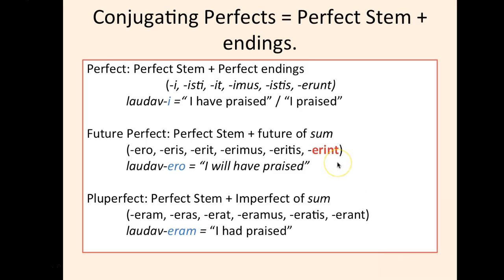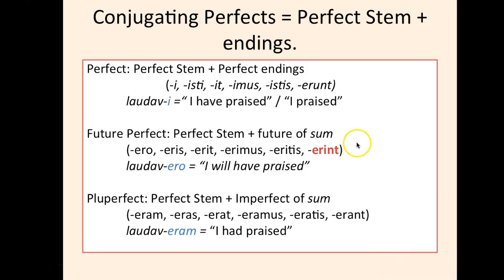So in order to make the future perfect, you would have the perfect stem, like laudav, and you would add the future of sum. So laudavero, laudaveris, laudaverit, laudaverimus, laudaveritis, and then laudaverint,